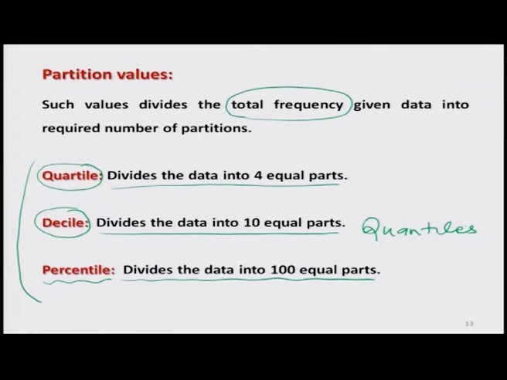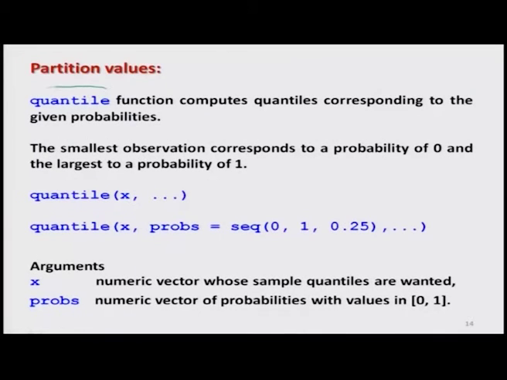When they are divided into 10 equal parts, they are called deciles, and when they are partitioned into 100 equal parts, they are called percentiles. In R, there is a function called quantile, which computes different types of partitions, and this partition in the quantile function is based on the probability.